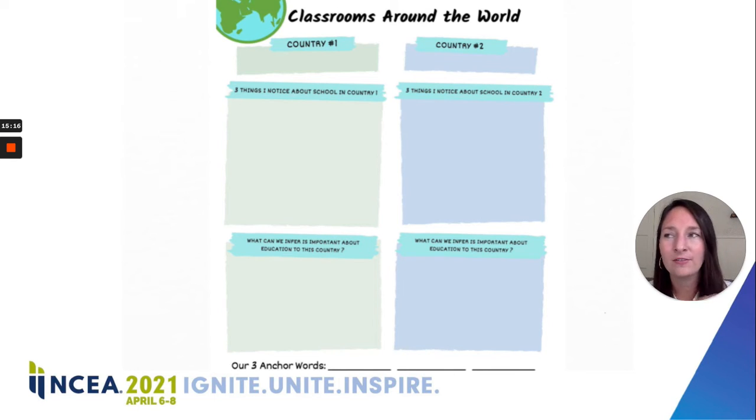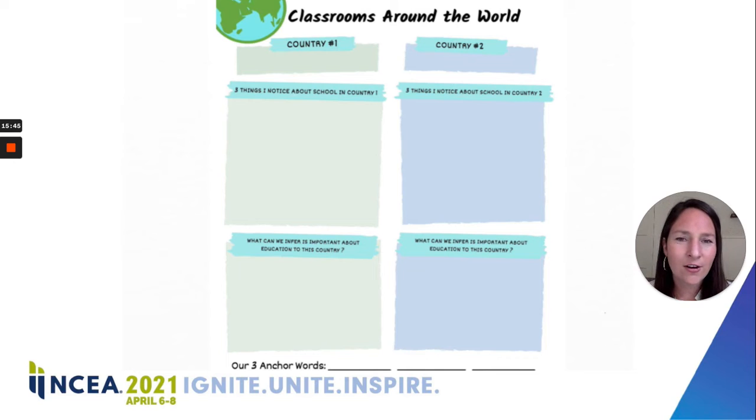So I did some back channeling, did a little bit of research about the 3 countries that they were doing to make sure that it wasn't just Google randomly giving them a lot of information to sift through. So I created a playlist of about 10 different resources, YouTube videos or some interesting articles, about learning in the countries where they chose. To narrow it down, it can be really helpful to give a playlist.